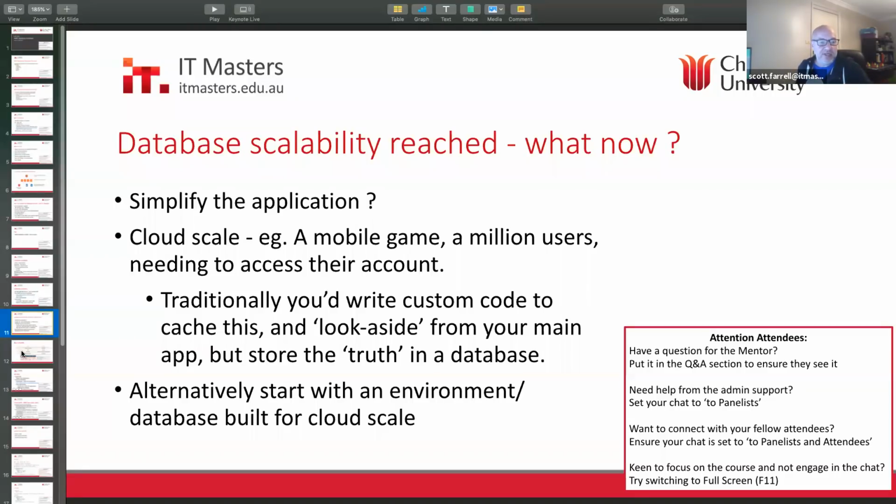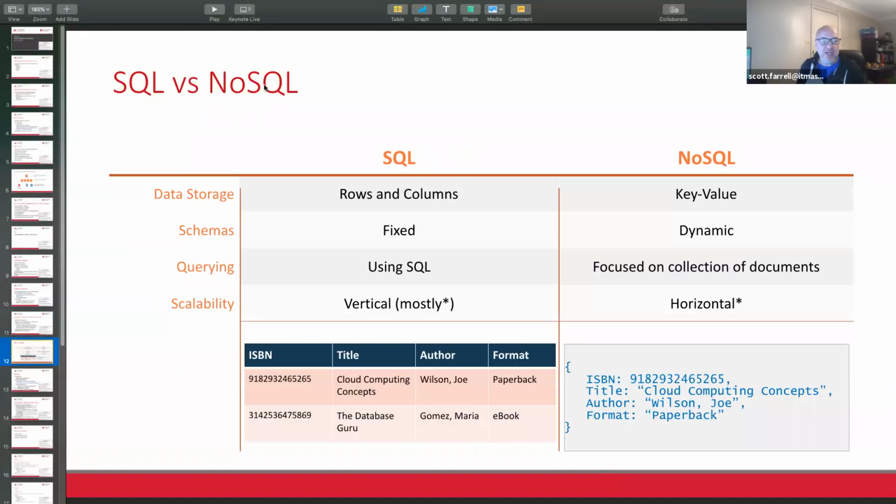So we're going to have a chat about cloud scale now and a different technology. SQL is what most people have seen for databases, and fewer people have heard of this thing called NoSQL. This is just an example of the 2 different things. So this is SQL that you would know and love. You've got rows and columns.